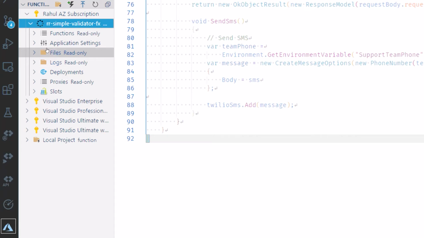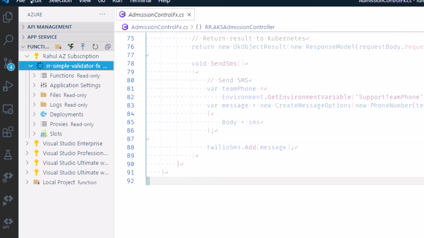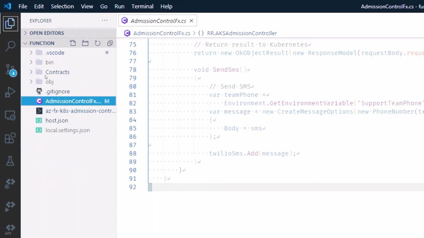While that operation goes on, I will show you another thing. Remember that Twilio requires a set of configurations or settings in order to work. You save all those configurations in a file called local.settings.json. This file is not checked into source control.